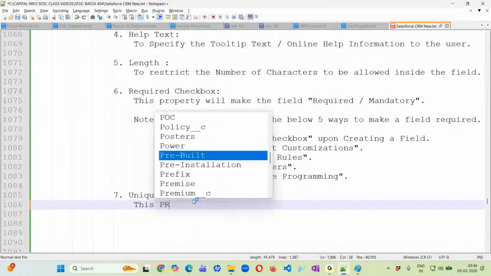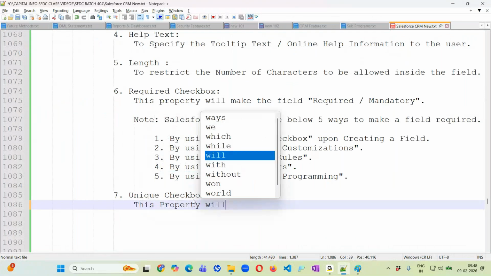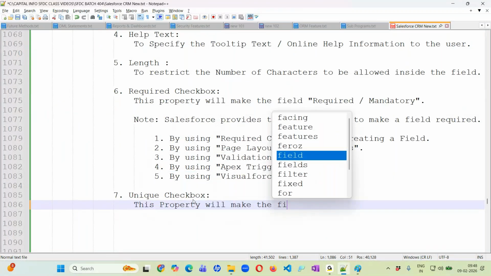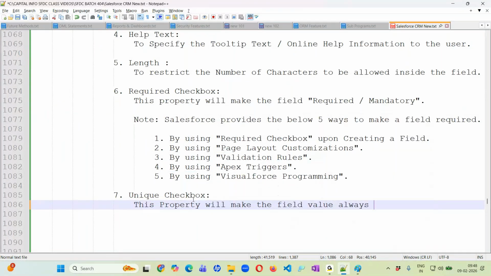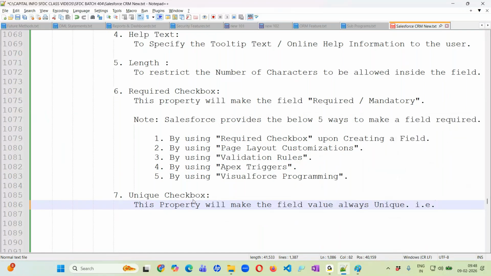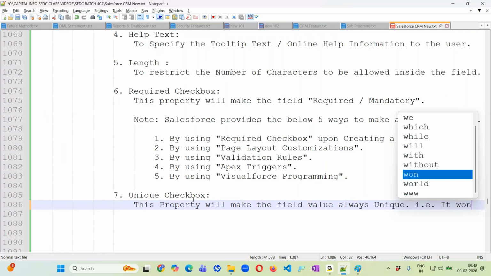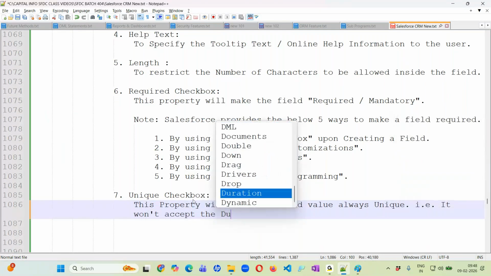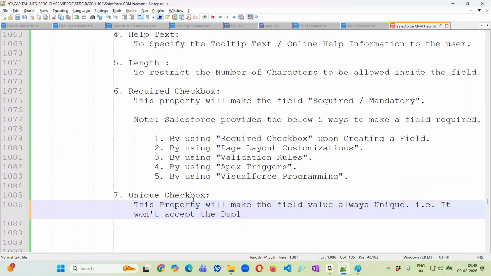Now this property will make the field value always unique. That is, it won't accept the duplicate values. Next, the last property is